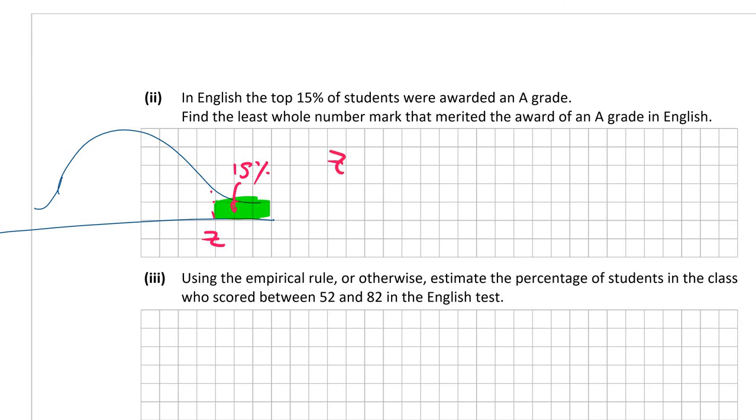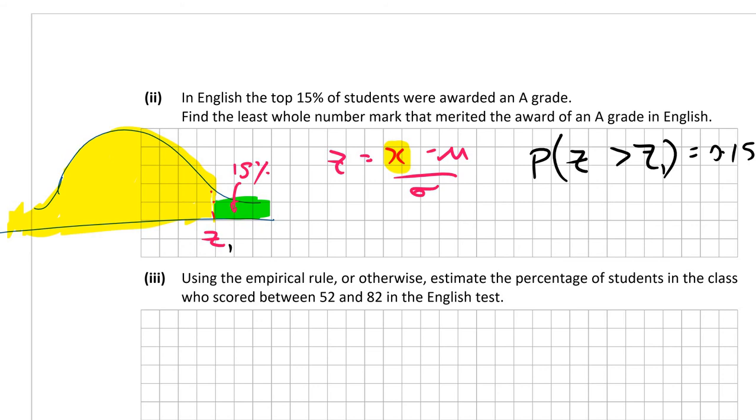I'm going to use the formula z equals x minus mu over standard deviation. Work out the individual value there, x. So actually, what z corresponds to 15%? We want the value which comprises the z-score which gives us 85%. Because when we look it up in the tables, we don't get the figure to the right of a z-score, we get the figure to the left of it. What we're looking up here is the probability that our z-score is greater than z1. To work out the value there in green, which is the 15%, we actually have to work out the yellow percentage,